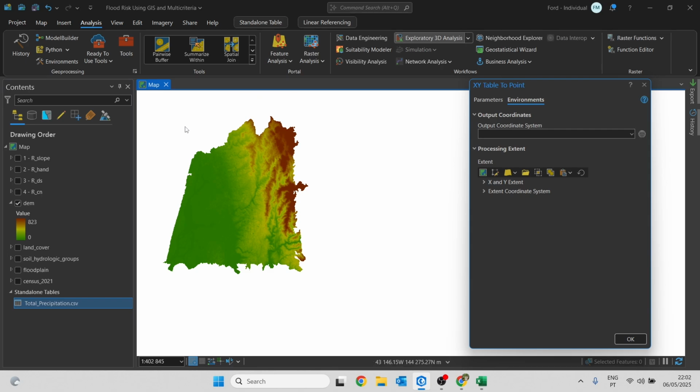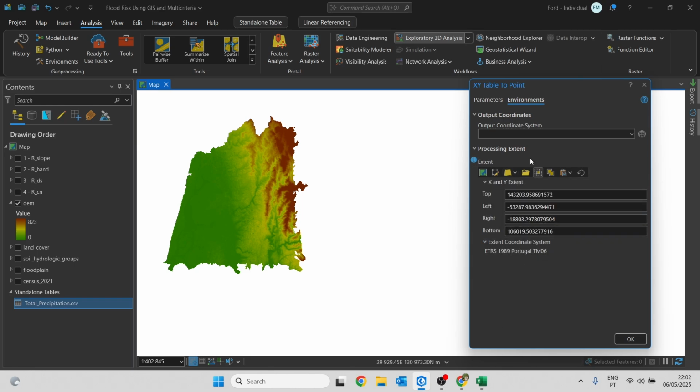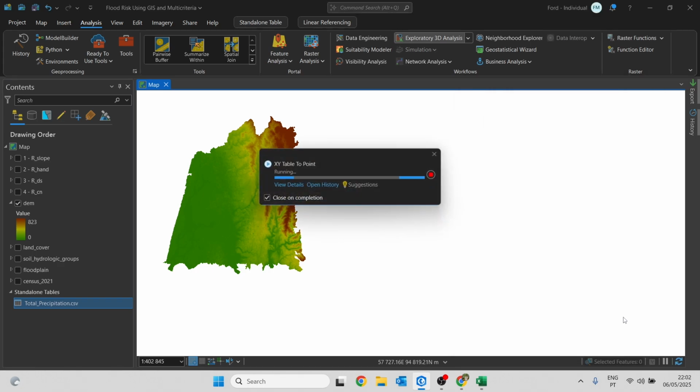So here on the processing extent, in the third symbol, we can set the DEM as the extent. Okay? So now only the points inside the DEM will be processed. So let's click OK and see the result.